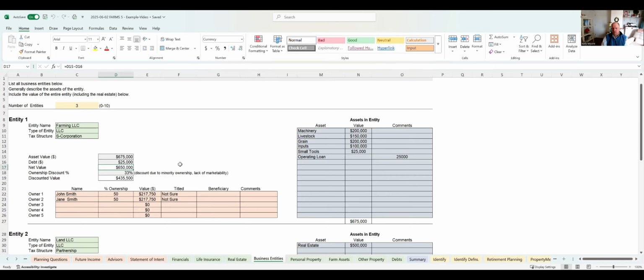And you can put that percentage there. That gets us the discounted value. Then you go down to ownership and we identify each owner. So here we've got John and Jane, each owning 50%. That calculates the value. So 50% of our discounted value is $217,000. And then just add in, is it titled individually, TOD, whatever the case may be, and you can add